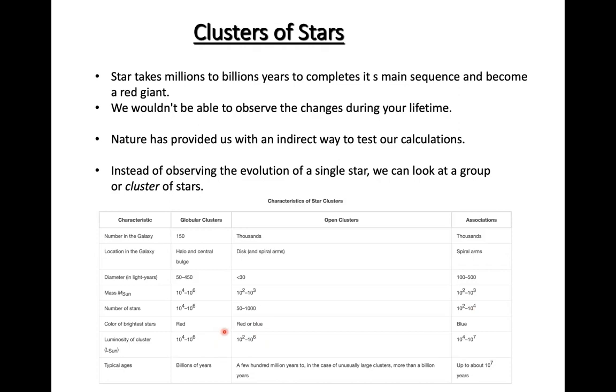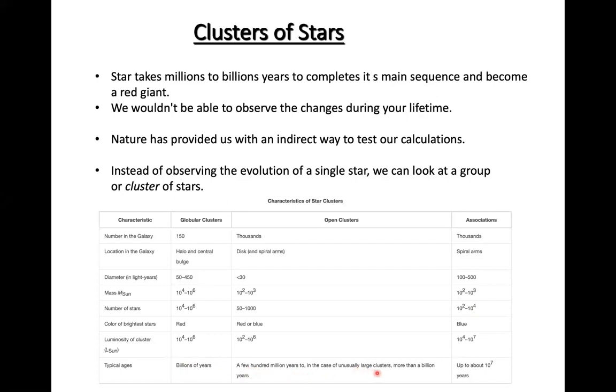Now, one of the very interesting and important things about these two types of star clusters, if you look at the age of these star clusters, for the globular clusters, they are billions of years of age, right? And because of that, studying globular clusters will give you a good idea about the age of our universe, because they are one of the oldest entities that we have in our universe, right? And open clusters compared to the globular clusters are relatively young. They are a few 100 million years.